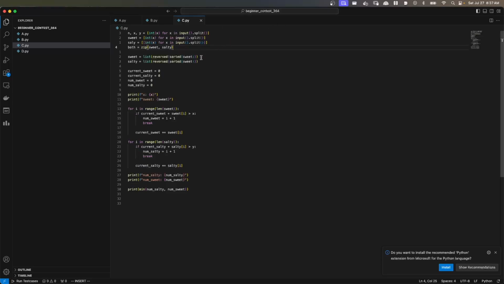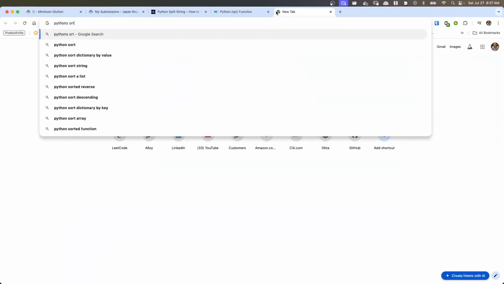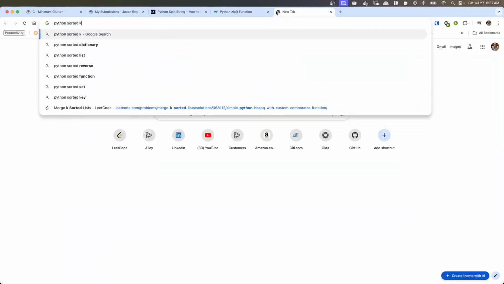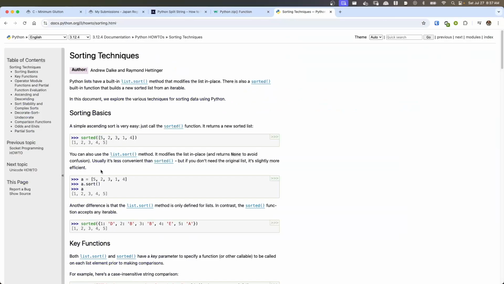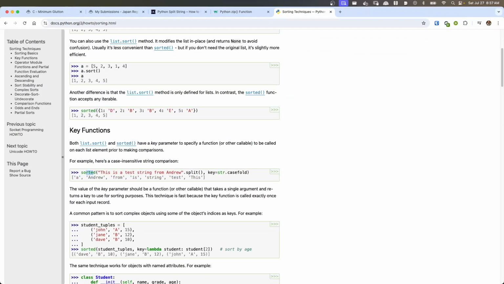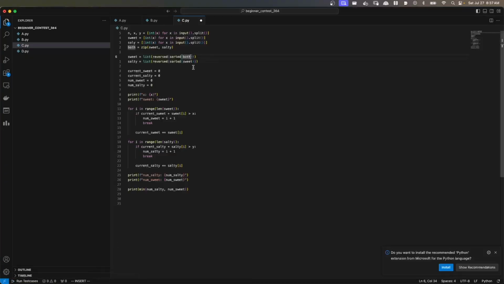So let's, by, I guess we can pass sorted key. Alright, so you could do this, do both, and we'll give them